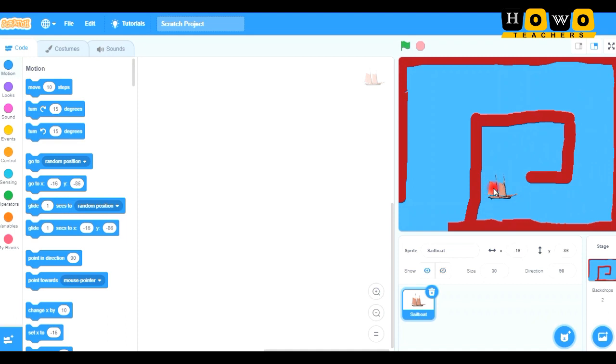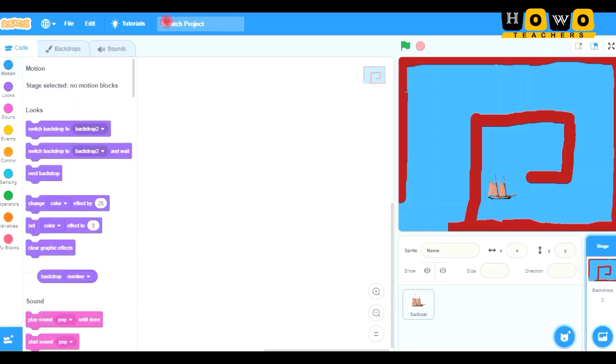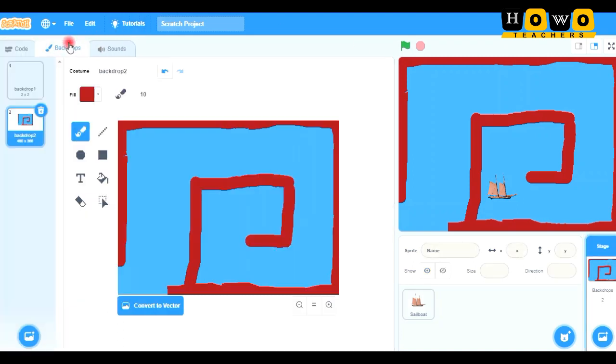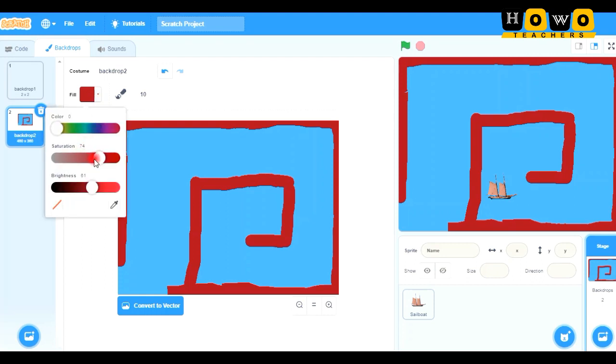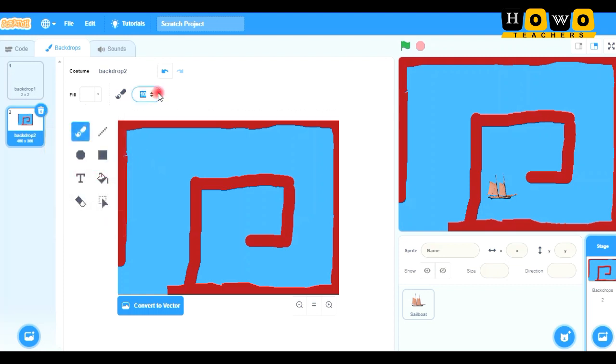Now one more thing that is left is, over this stage we have not given any end point. So let us quickly give some end point to this stage, and I need the end point to be completely white. So this is the white end point, and I need the size to be larger here.